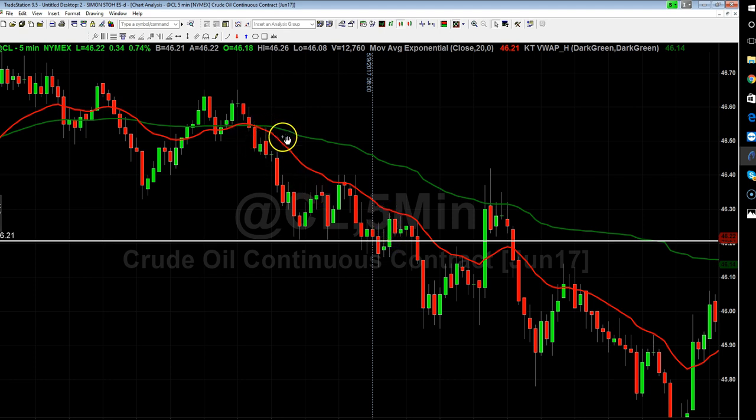This is the 20 period simple moving average. There's nothing fancy about it. It's a substitute for a trend line. It's just a quick visual trend line so I can see which way we're headed. And clearly coming out of London we have some downside pressure, and I'm going to balance that view with the